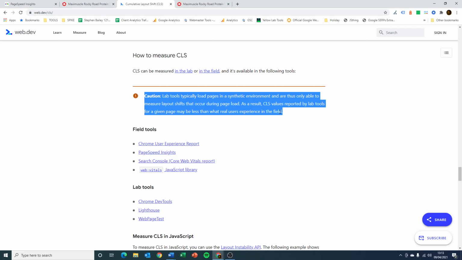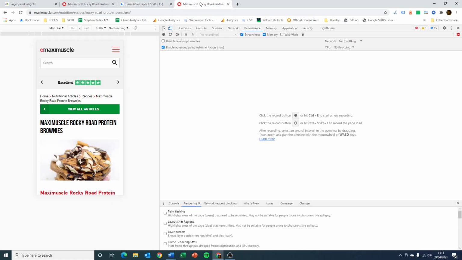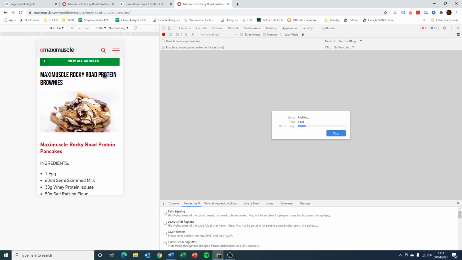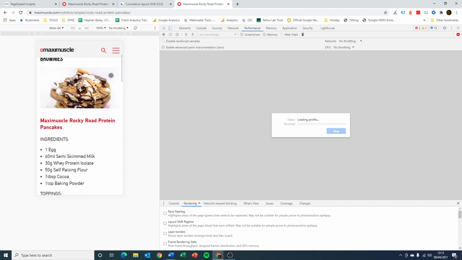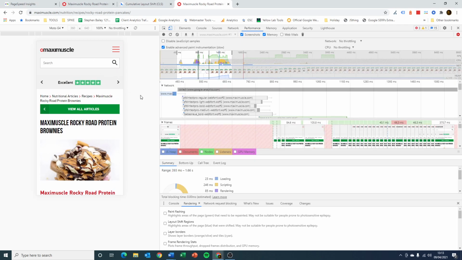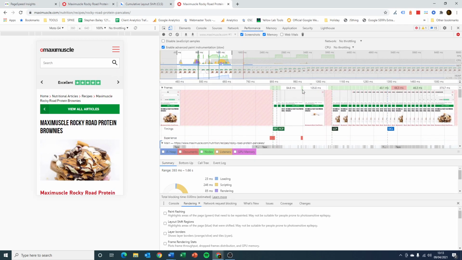So if we go back to the Maximuscle example, I want you to just keep an eye on this top part here. What I'm going to do is start profiling the page, and then I'm going to start interacting with it as well, and it will reveal where we think that layout shift is occurring. So at that point there, this top nav bar changes to a much smaller one, and that will then get reported somewhere along this timeline as a layout shift,